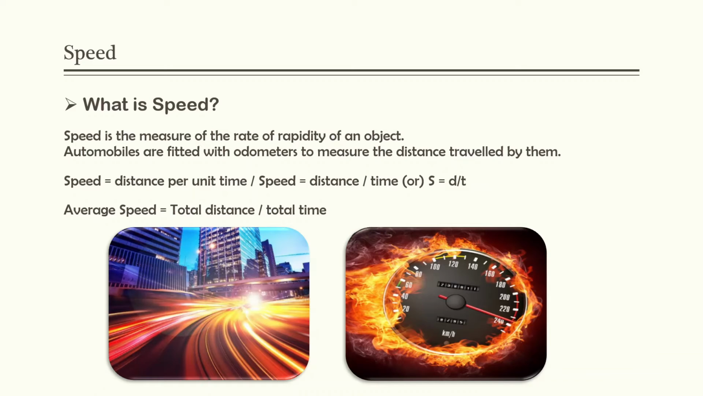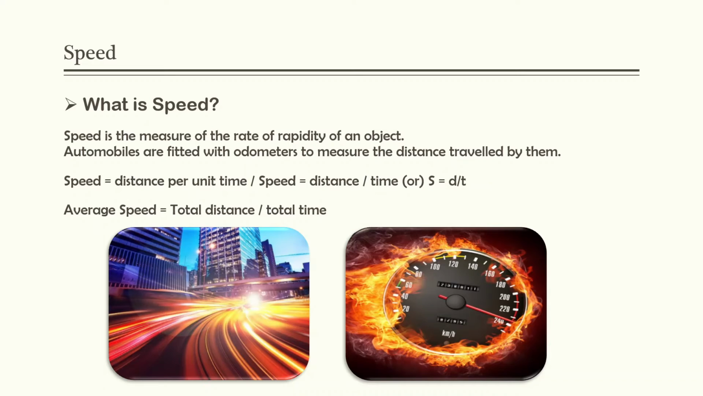Here, we call the object as fastest, which covers the maximum distance in the same time. Now let's learn to measure speed. The formula of speed is equal to distance per unit time, or speed is equal to distance by time, or s is equal to d by t. In s is equal to d by t, speed is represented with s, distance is represented with d, and time is represented with